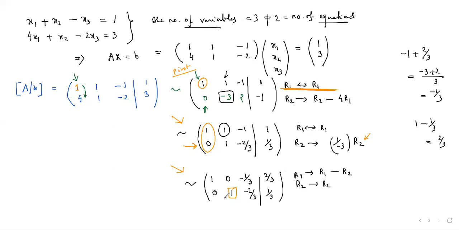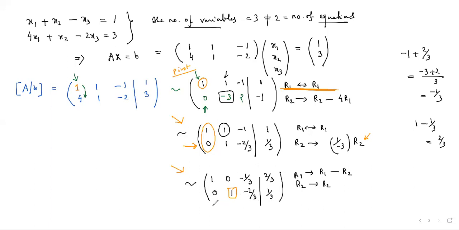But I will not be able to do it any further because there are no other rows present over here. So I have to stop it here. If I want to do it forcefully, this particular matrix will again change. I don't want to change the form of the given matrix. It has already taken a good shape. It is 1 0 0 1.